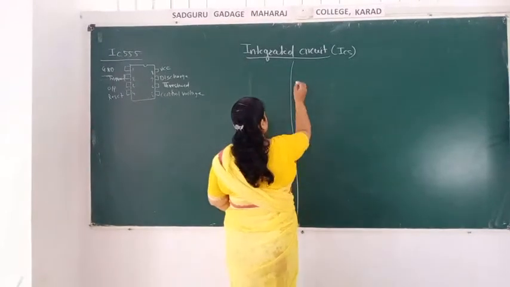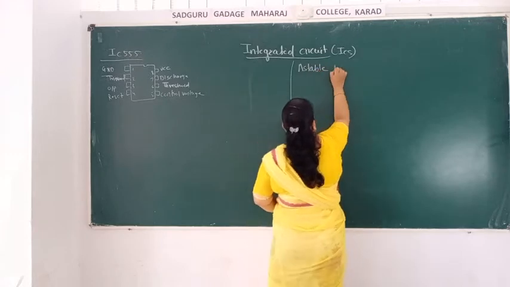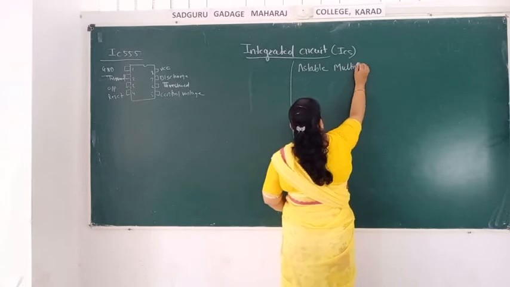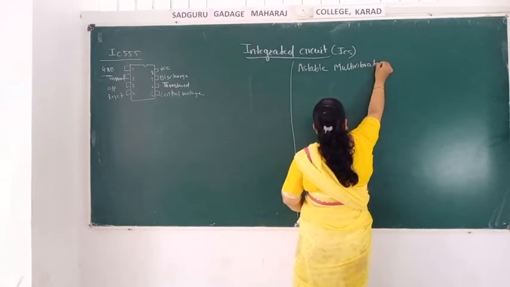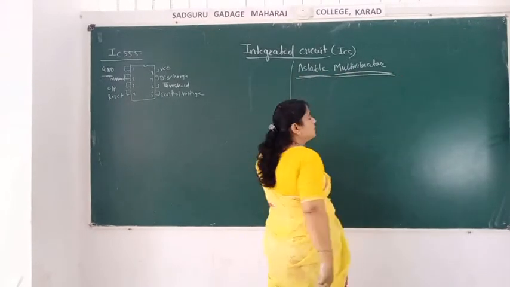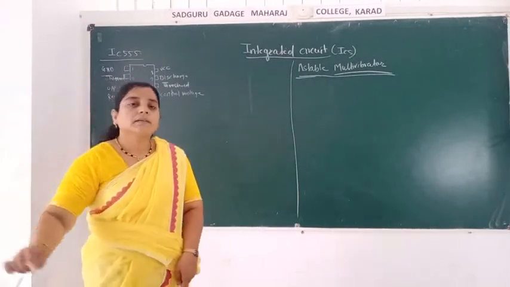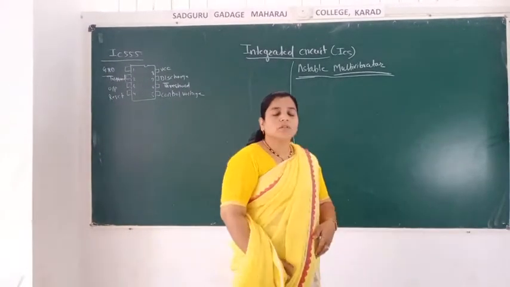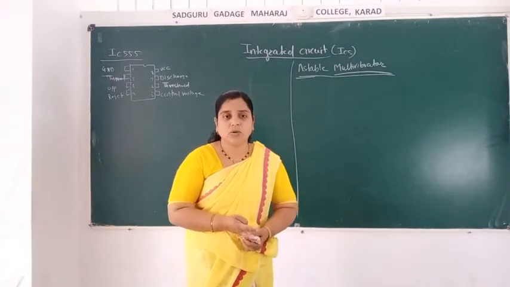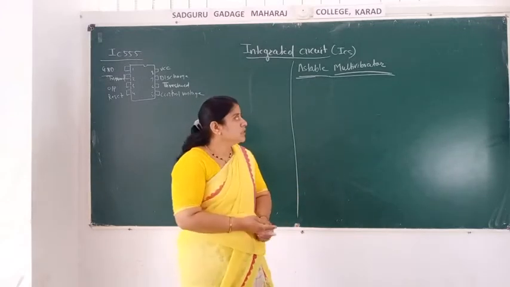Today we are going to see the astable multi-vibrator. In the previous lecture, we have seen the monostable multi-vibrator. Multi-vibrators are nothing but oscillators which have oscillations or stable states. If one stable state is there, that is called the monostable multi-vibrator. If two stable states are there, then it is called a bistable.